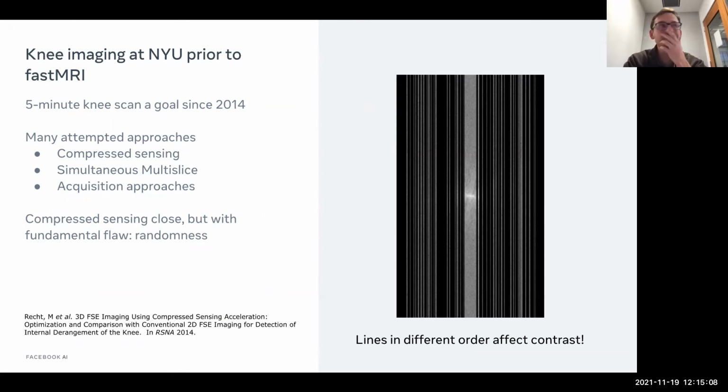So at NYU, we do use compressed sensing. The main way we use compressed sensing is with a different technique called GRASP, and it's a dynamic acquisition. And for that, we use a temporal total variation, and that works extremely well. So that was rolled out clinically at NYU and is the basis. I think it's used in a huge fraction of abdominal scans now for motion robustness. So yeah, we got a win with compressed sensing for abdominal imaging, but we weren't able to get a win for knee imaging. Okay, great to know. Thank you.